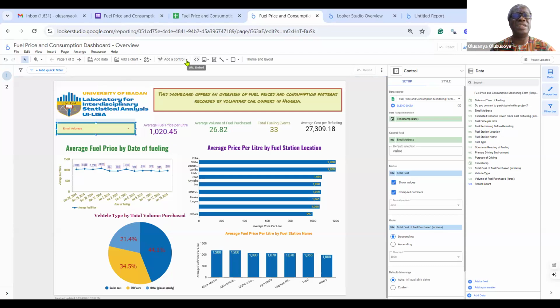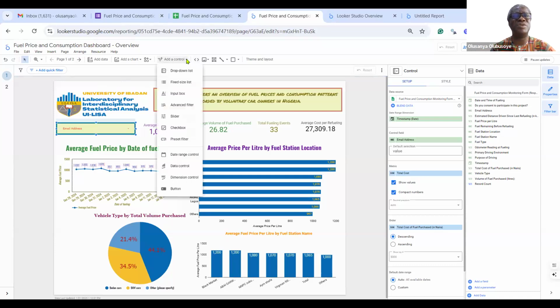So this is where you have the control, and there are different controls that you can add here. We will need to learn about them, but the one I've added here is the advanced filter.